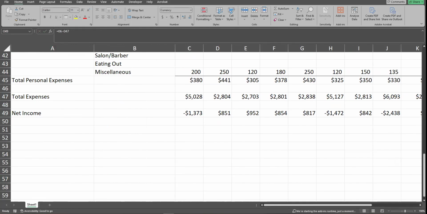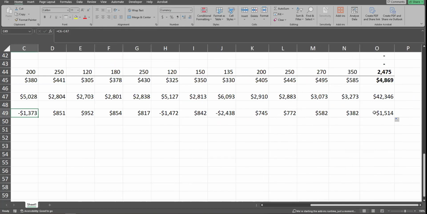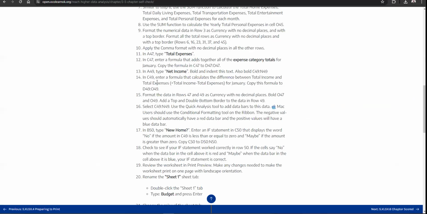All right, so next we've got in C49, all right. Format the data in rows 47 and 49 as currency, no decimal places, bold the end ones. All right, looks like they're already formatted that way because of the totals being copied. So that works out. We have to do, just to go back to where we're at, we're on